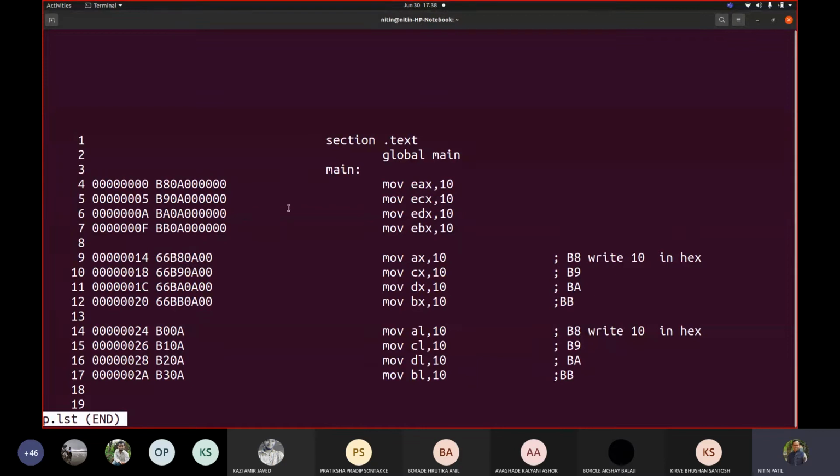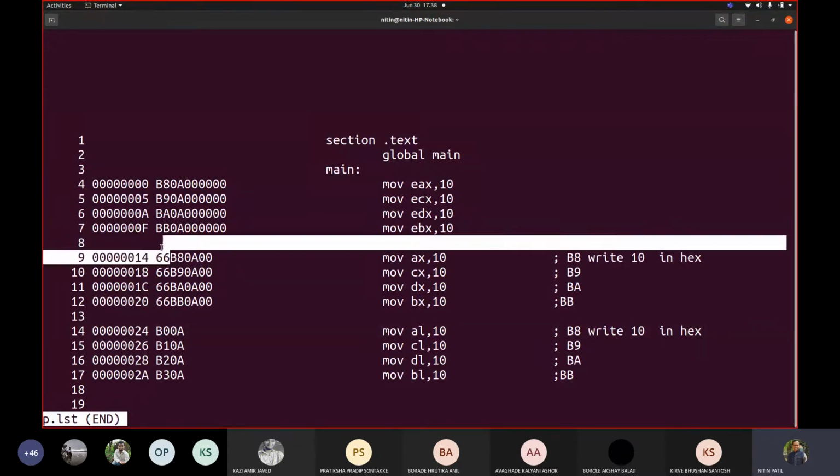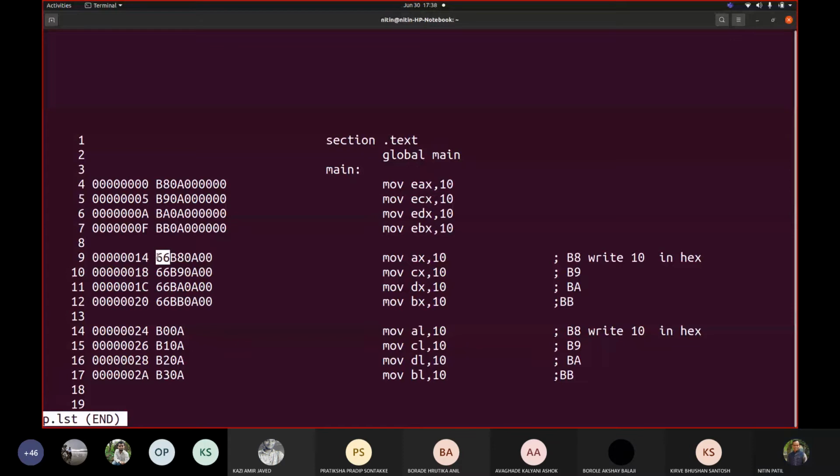And see the distinction between the instructions. The same code was written here: B8, B9, BA, BB. The only thing is an instruction prefix, 66, is added. In this case there is no instruction prefix added, but the opcode completely changed, and this 10 was converted to a byte 0A.